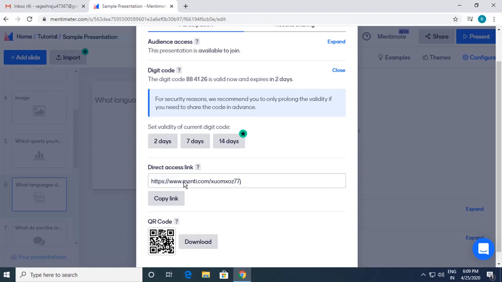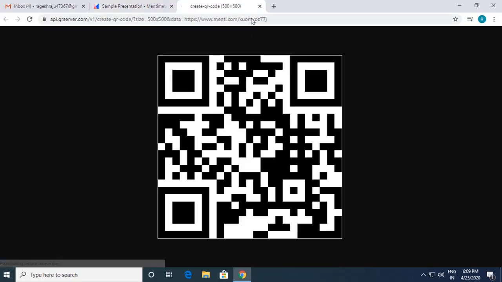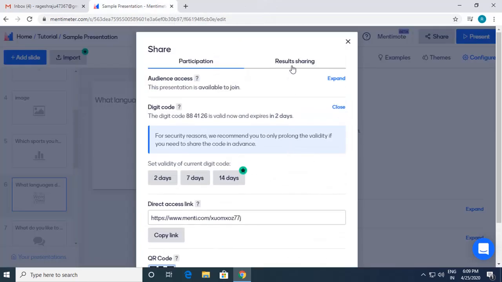For example, if I do a presentation in Google Meet or Google Hangout or Zoom or something, I can use this particular link, so directly I can copy this. I'll show you in one more video how to copy this link and put it into your presentations which you are doing online in other tools like Google Meet or Google Hangouts. So this is the direct access link which you can send to people. Next, if you want to display the QR code, you can display it so that people can scan and get into the presentation. That is one more option.